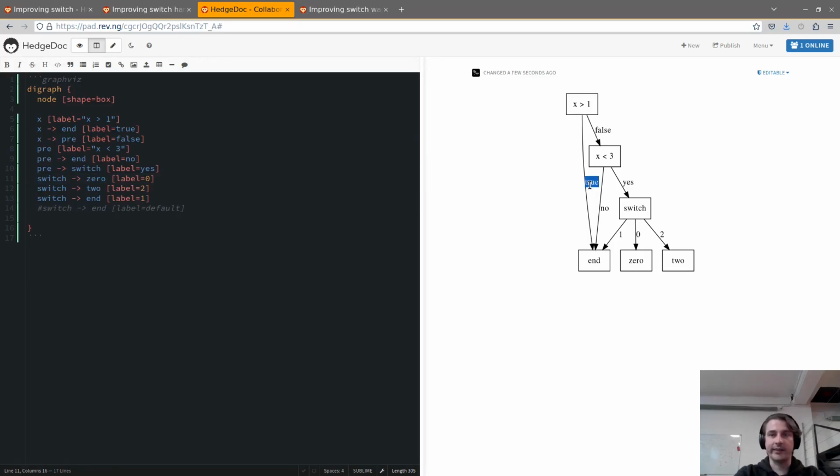This edge stays as it is, but for this incoming edge, the constraint holds. The statement I made before works because here it's x greater than or equal to 3, and here the switch has 3 cases which are 0, 1, and 2. So you will simply ignore this edge,